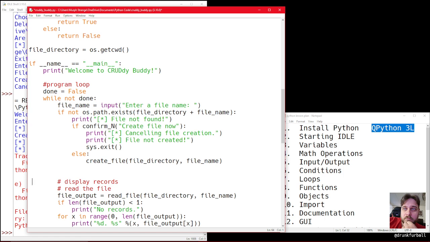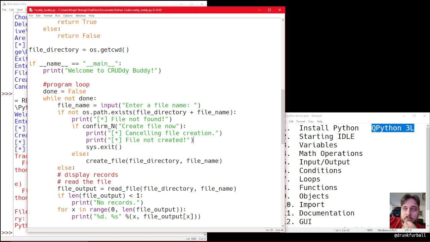But if we wanted to make it so that it doesn't go into the rest of the program unless the file exists, we can just throw this here, and that should mean that the file must exist in order to do the rest of this. So now if we take this out,